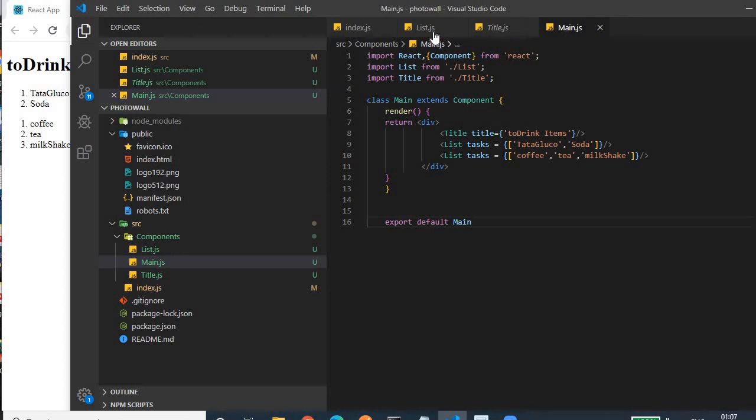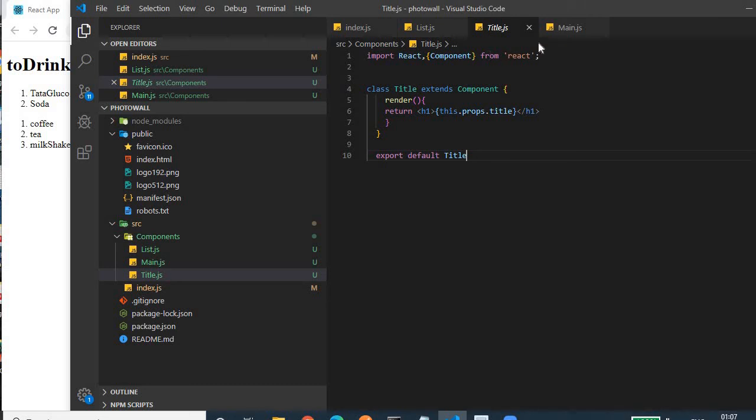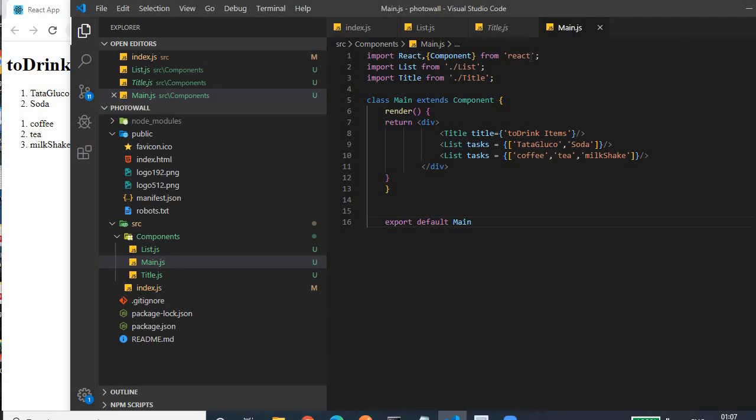If you see from the start, in list.js everything is a class extending Component. That's why we have to import React along with Component from the React library. This import should be in all the JS files, in all the components that we have created. In the title component and the main component also you will find it.